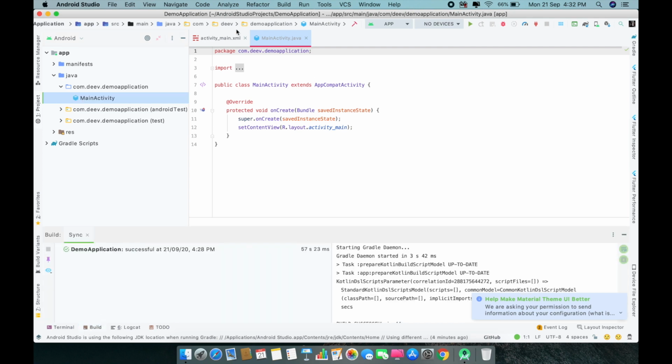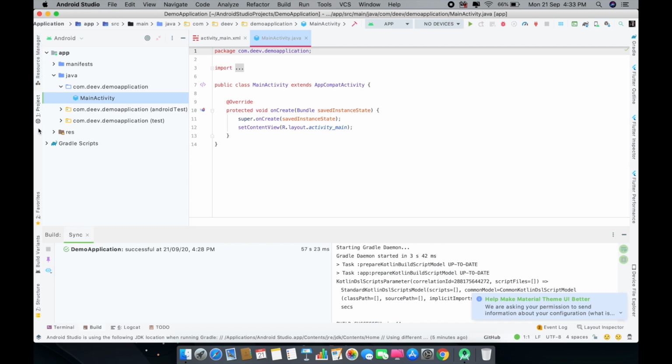Just click here. So this right here is your editor window, where you are going to do every coding related work and every layout related work. This here is your navigation bar, where you can see in which folder you are currently working in, and this is your toolbar right here, where you can get some options like run project, your connected devices, and debug option, and AVD manager. AVD manager is basically an Android virtual device which you can run on your machine without having the need to connect your device physically to the system.